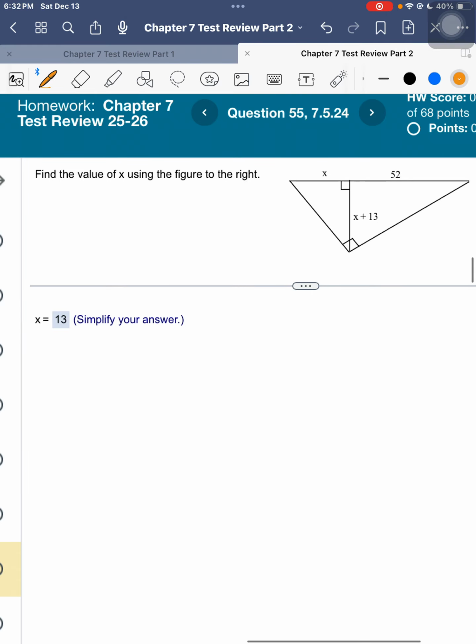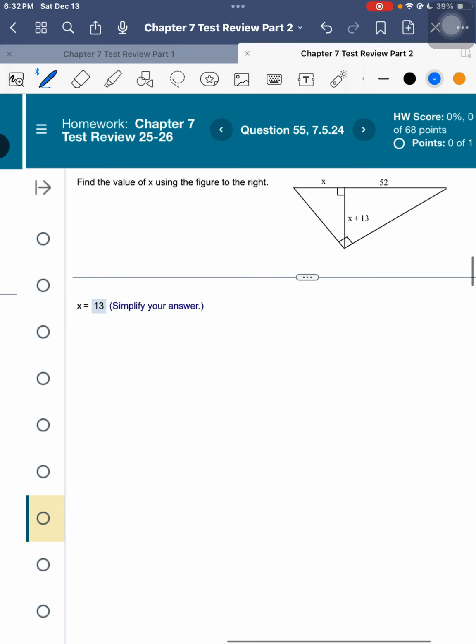Okay, so here, once again, we have the same type of problem, right? But now my geometric mean is on my altitude, and my geometric mean is another expression. So let's solve this one. So now x squared equals ab. What goes into my x? What's my geometric mean? This altitude. So I'm going to have x plus 13 squared equals,